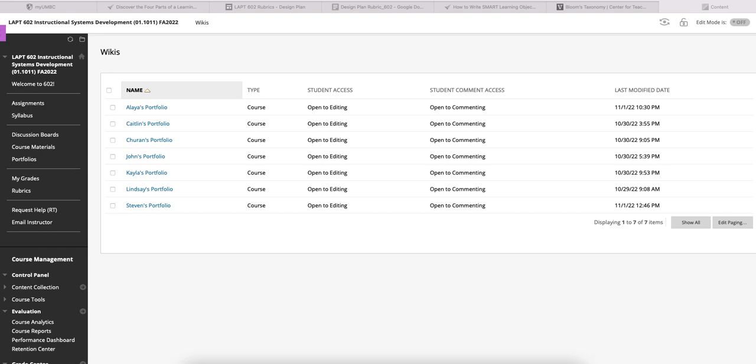The reason we do a Friday due date for peer reviews is to give you time to incorporate the peer review and my review into a revision, if you choose to submit one for a second review. If you do, those are due by Sunday night at 11:59 p.m. So that gives you Saturday and Sunday to work on any revisions that you want to try.